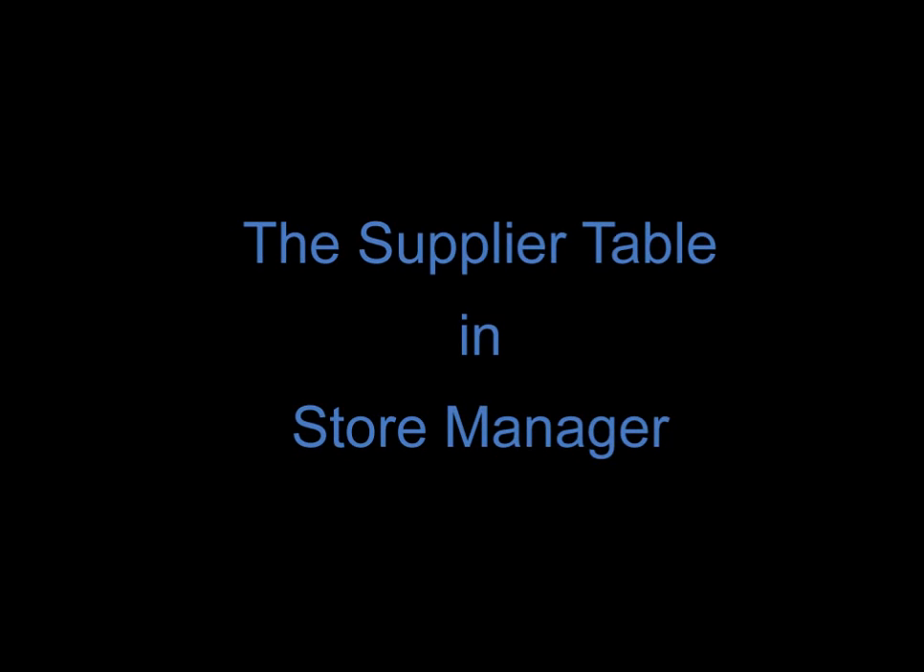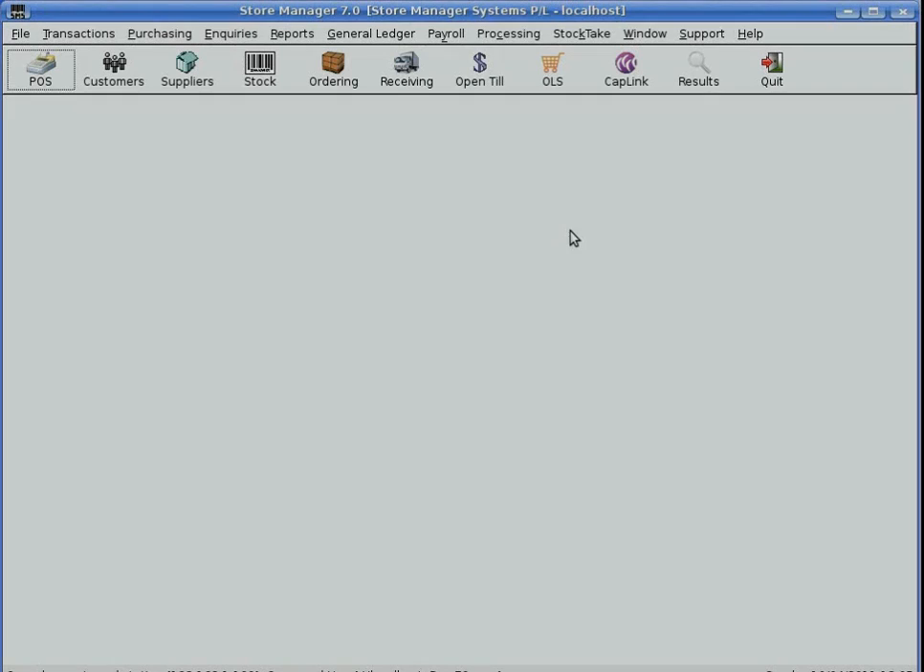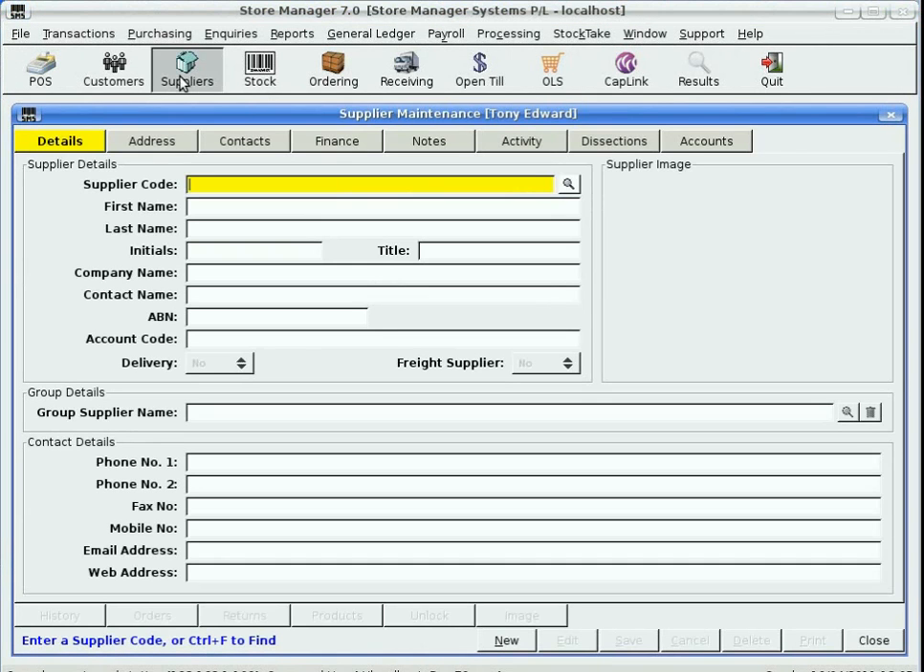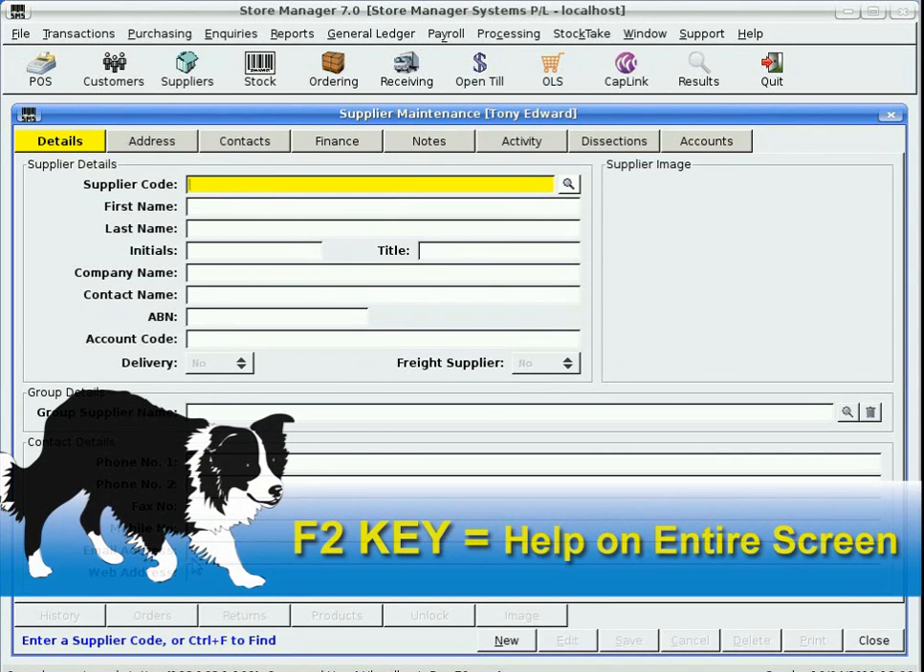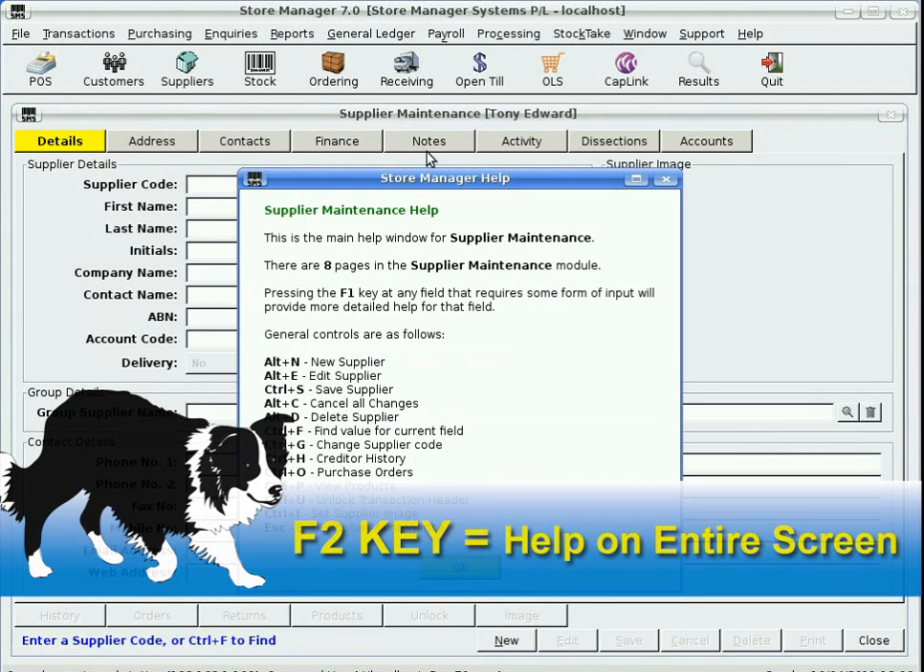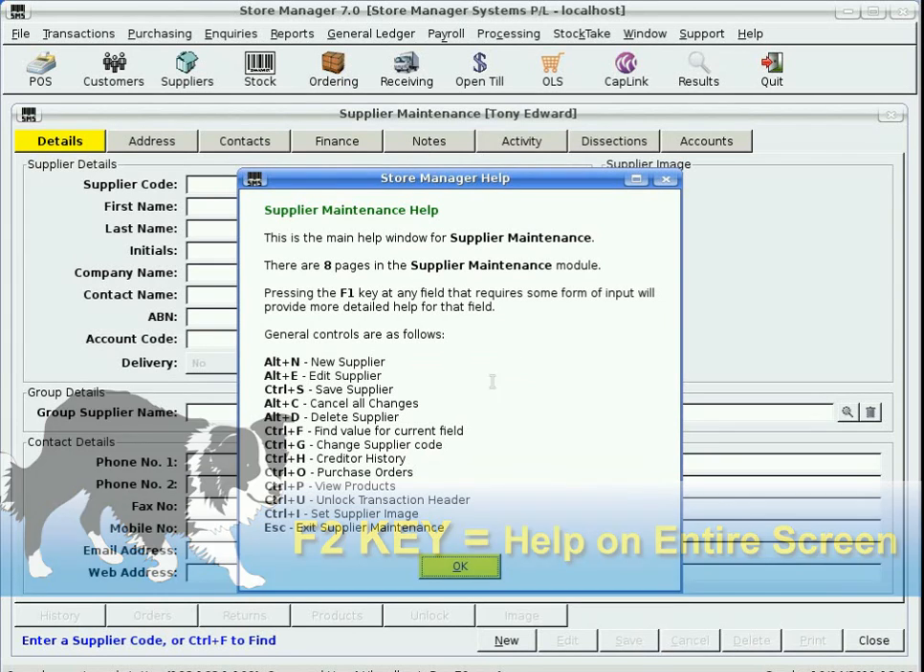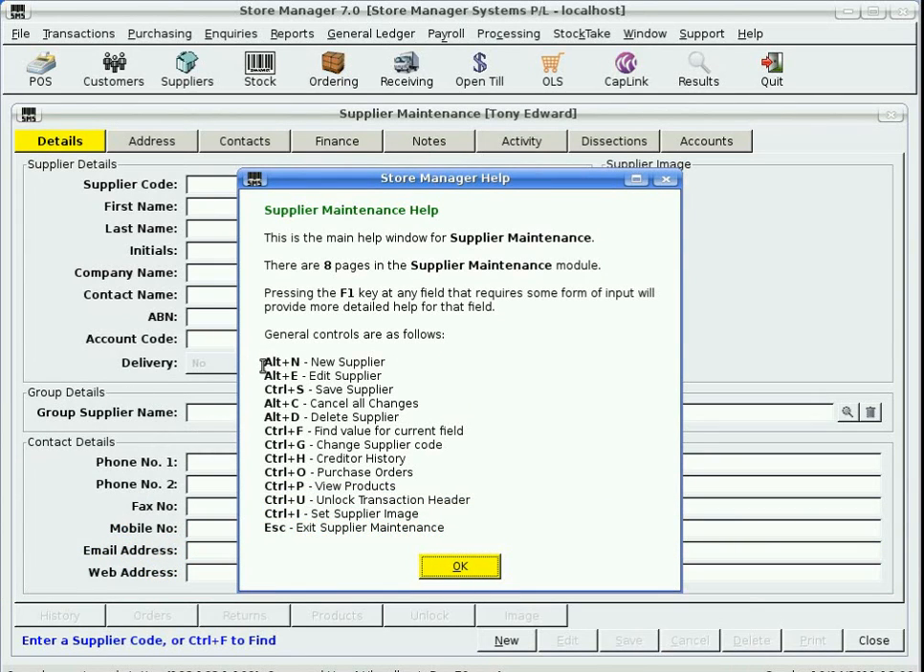In this session we're going to look at the supplier table in Store Manager. So let me click on this button here, which is the supplier button, and we'll press the F2 key to give us an idea of what the overall help is for this page. So you can see, as per normal, we have our shortcut keys we can use,